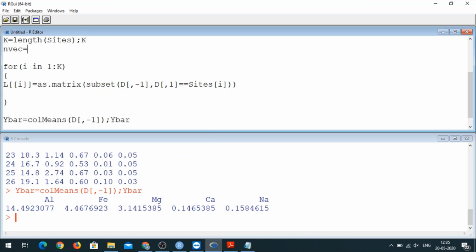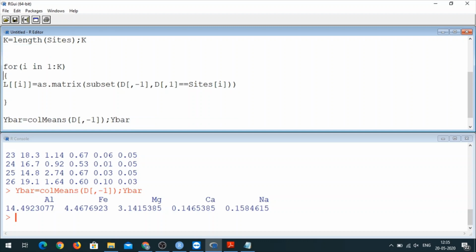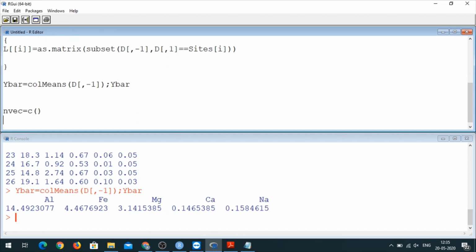I define nvec, a blank vector which would store all 4 values of ni. Then I need to store the 4 mean vectors and the 4 CSSP matrices. Also what I need is the sum of the 4 CSSP matrices. I don't need them individually.